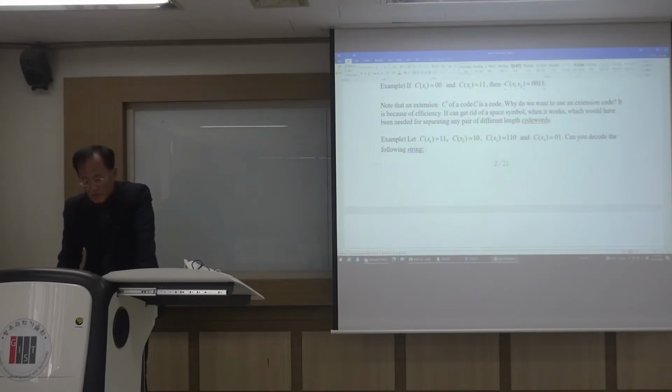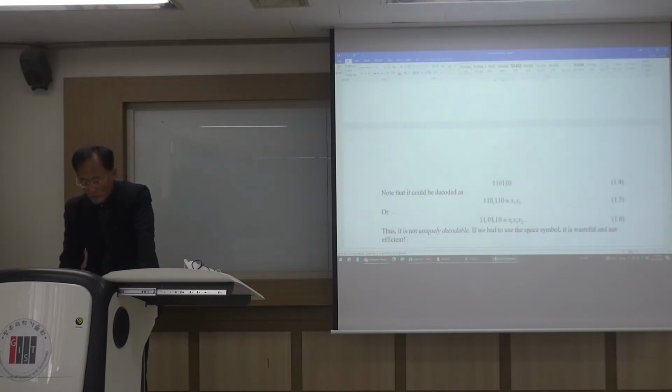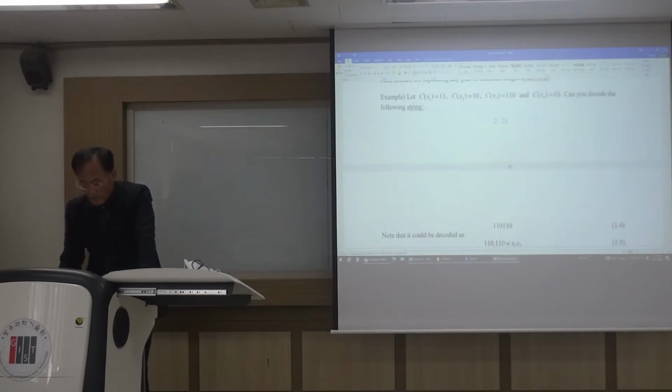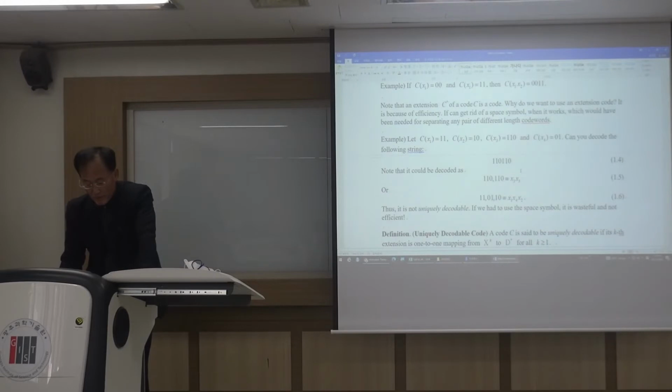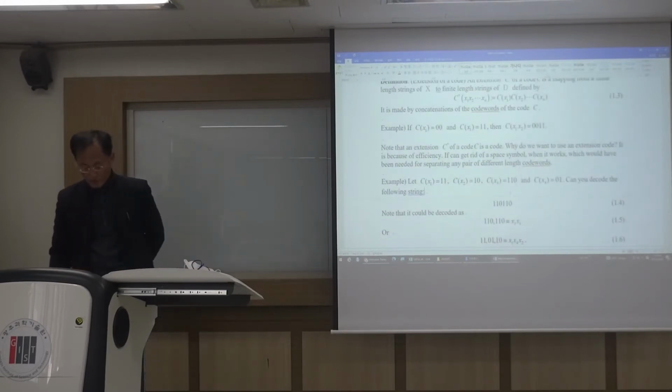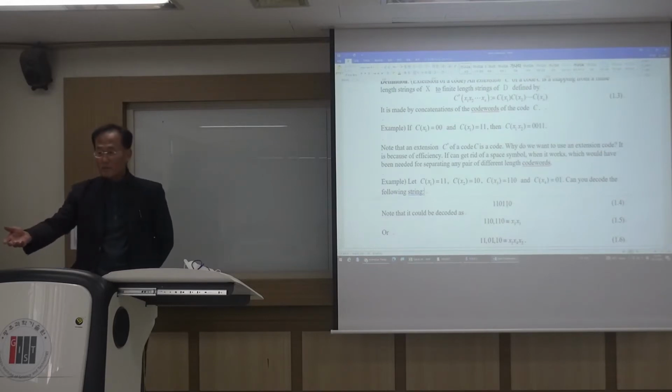C(x1) is 1, 1, C(x2) is 1, 0, C(x3) is 1, 1, 0, C(x4) is 0, 1. Now you think about decoding this one. I get rid of the space so that I can see both of the pages together. All right, so 110, 110, this is given to you. Is this uniquely decodable? No, right? Because it could be this one twice, 110, 110, or 1, 1,